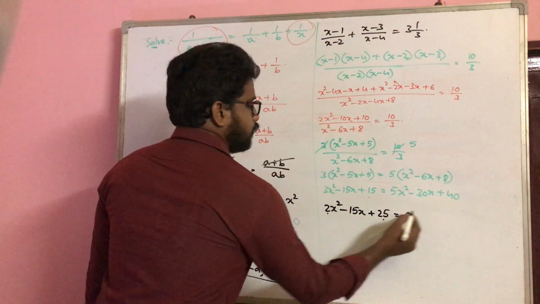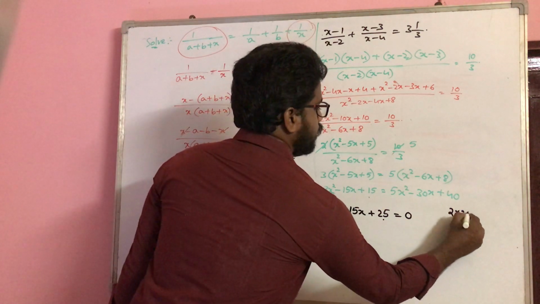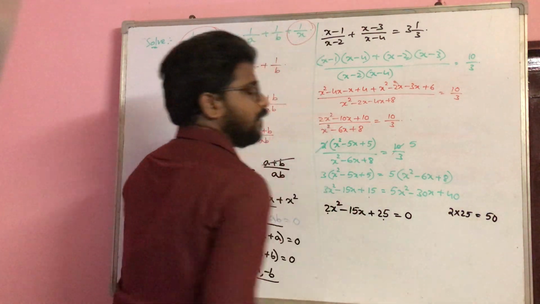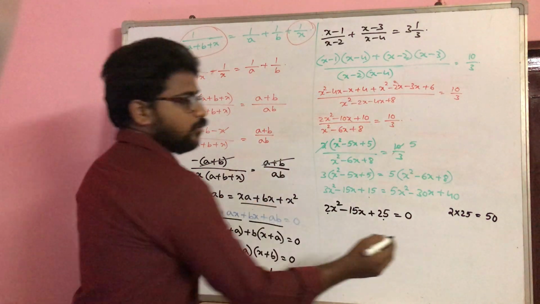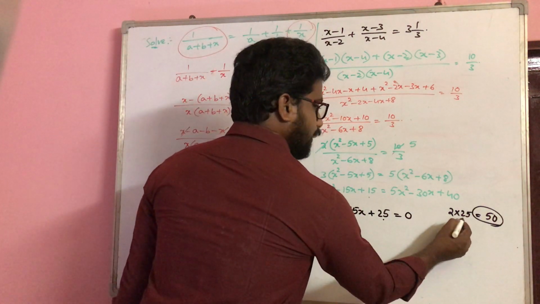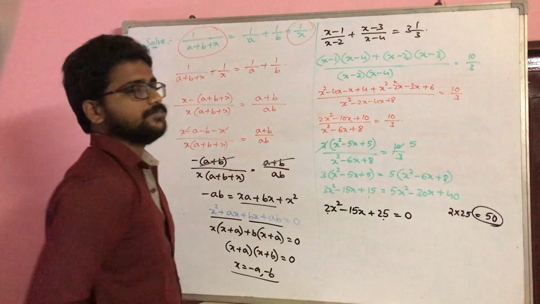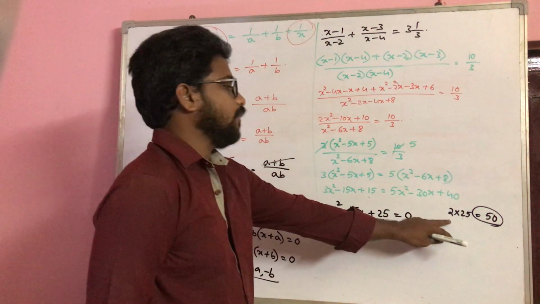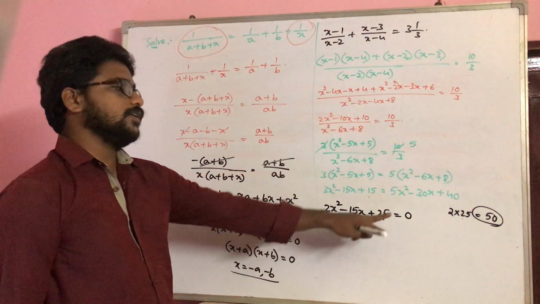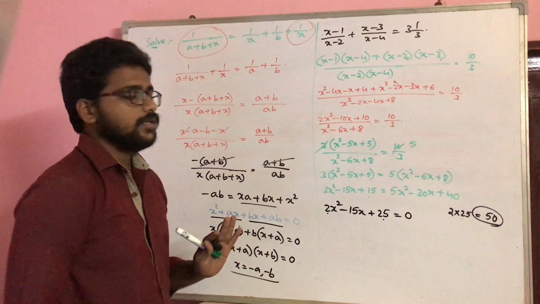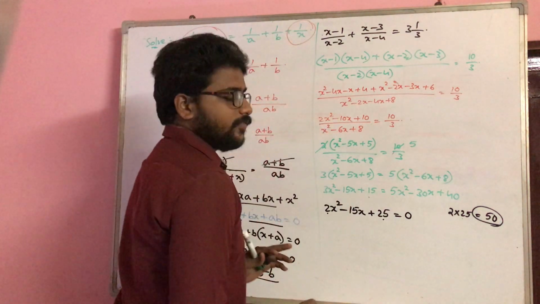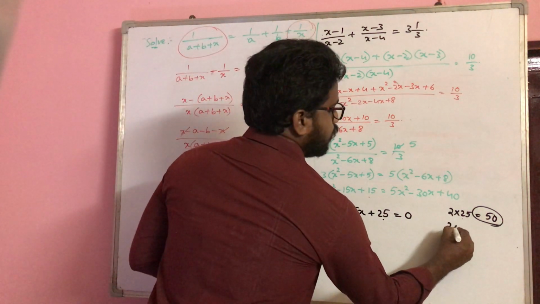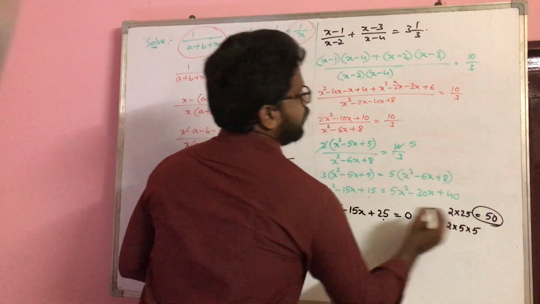The basic step is, we multiply 2 into 25, that will give you 50, right? You need not look at this 50 as such; better to try to factorize it further. So 2 into 25, is there any chance of getting 15 from these two? We don't have any scope. So 2 cannot be factorized further, but 25 can be factorized as 5 into 5.